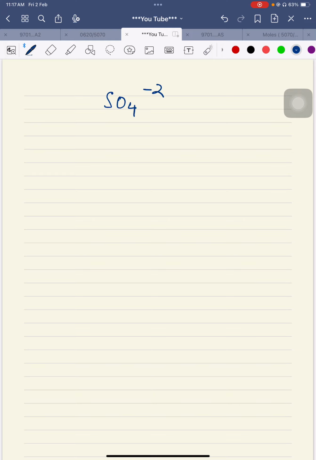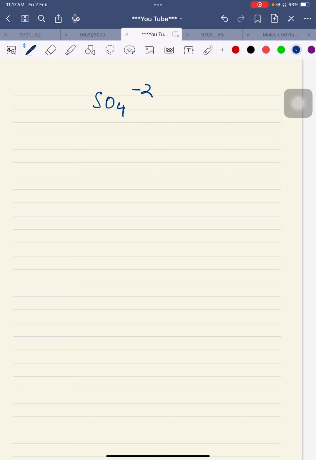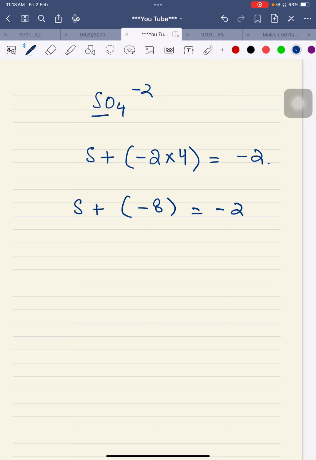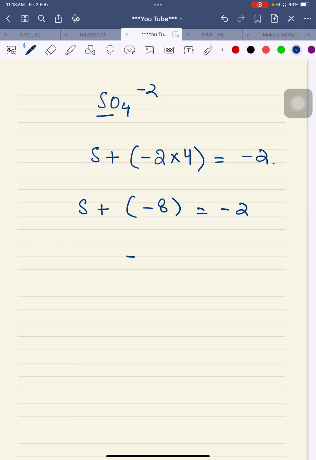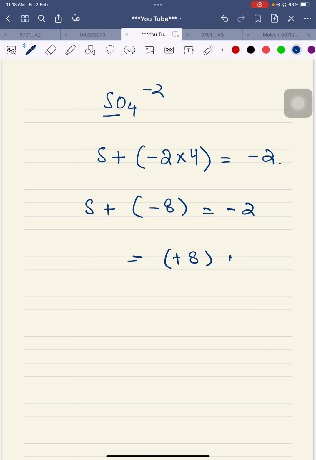We are saying that it has a charge of -2. In that case, we are going to calculate the oxidation state of sulfur. So we are going to take sulfur as it is, and oxygen is -2 times 4, and then oxygen story is over. It is equal not to 0, it is equal to its charge. That's why I have told you that the oxidation state of a radical is equal to its charge. So it will be equal to -2. So it will be sulfur, and it will be -8, and it is -2. And then when this -8 will go to the other side of the equality, it will be +8